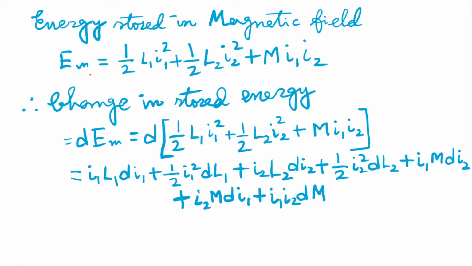You know that energy stored in magnetic field where mutual inductance is observed, that will be due to both the coils and due to mutual inductance. So there will be three terms. First one due to self inductance of coil number 1, half L1 I1 square. Second term will be that due to self inductance of the second coil, that is half L2 I2 square. And the third term will be due to the mutual inductance effects and current in both the coils. That's why it will be M I1 I2.